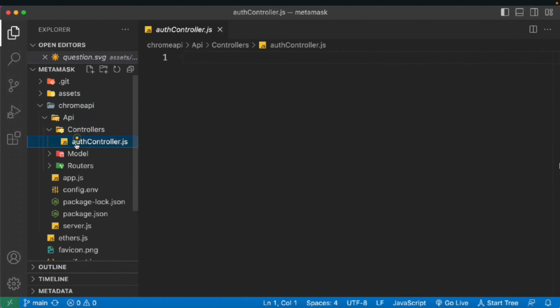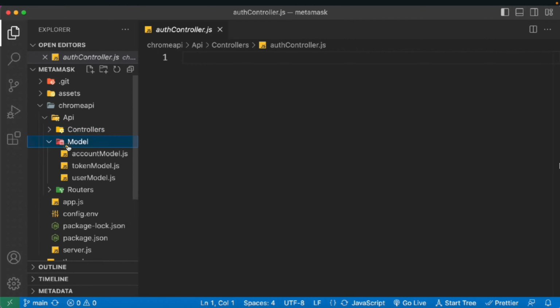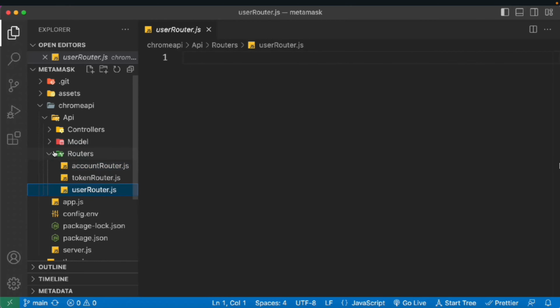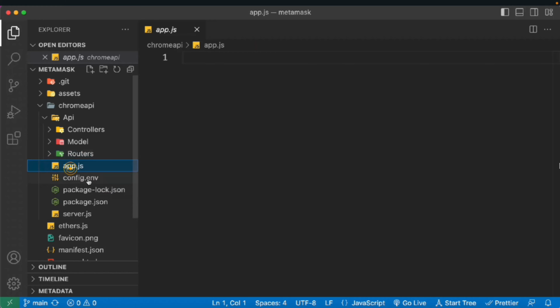Inside the controller we'll have this auth controller. In that we're going to write the entire logic for our application, like login, logout, sign up, fetching the accounts, all of these things we're going to do in our auth controller. Then we have the model. We have three different models: the account model, the token model, and the user model. We're going to code it together, and then we have the routers, and we have three different router locations. So this is the API folder we have, and here we have the app.js,